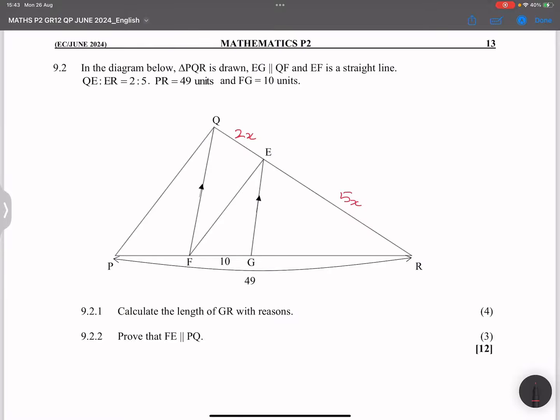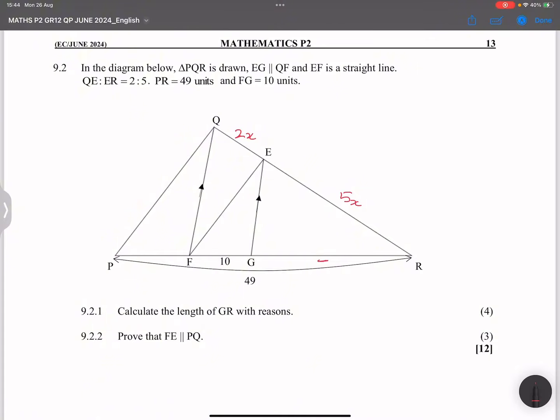And then they say to us PR is 49 units and FG is 10 units. Now, firstly, they want us to calculate the length of GR. So we need to calculate that length there. Right, so what I'm going to do, ladies and gents, is use, firstly,